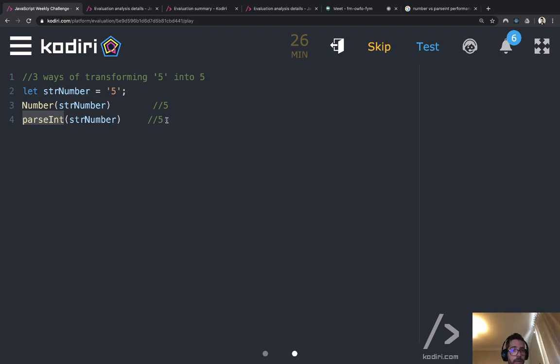It's way more powerful in reality, because if you got 5 pounds, parsing will be smart enough to detect there is a number, while the Number method will just give up, returning NaN, as Ian suggested before. So parsing is way more powerful.